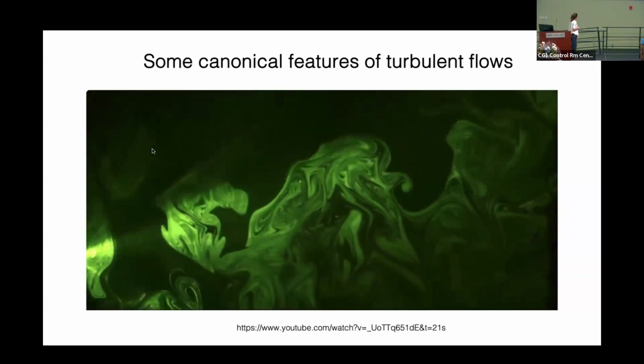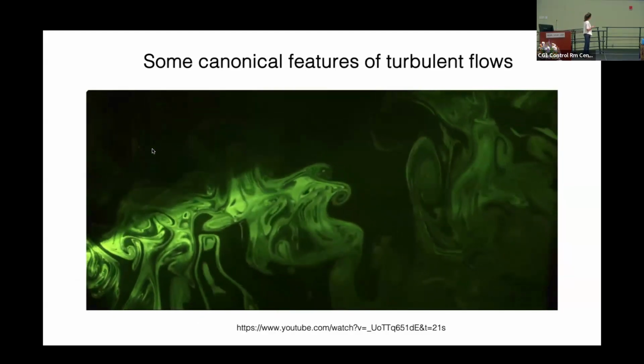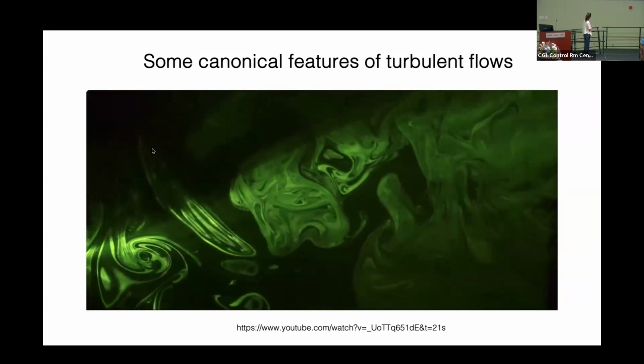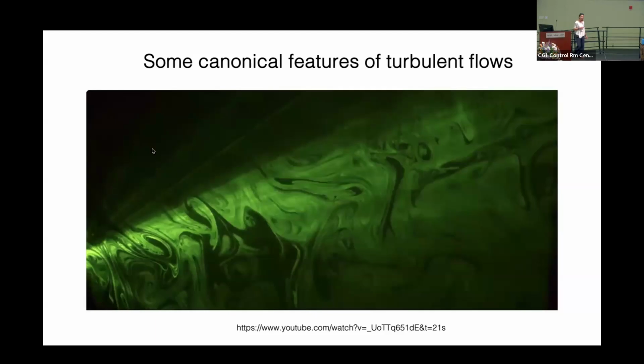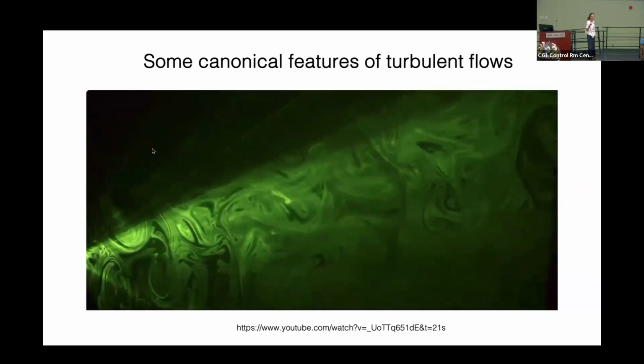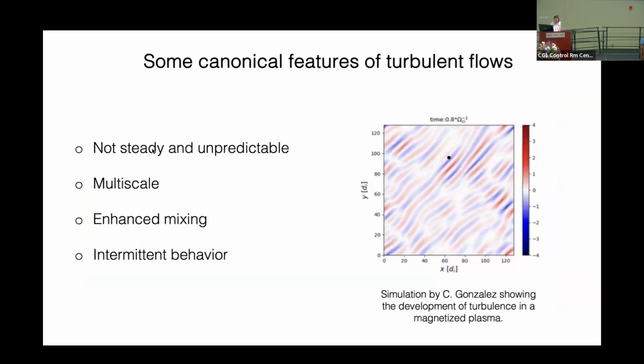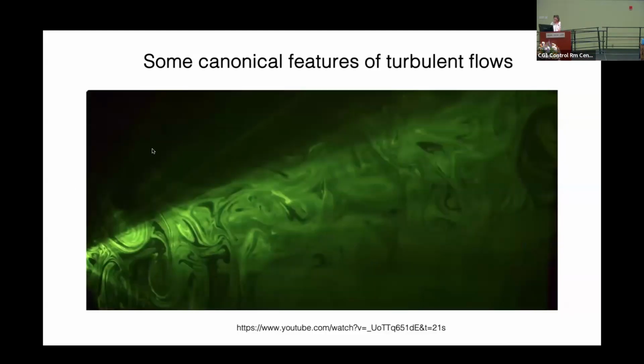So I found this cool video on YouTube, which shows, where's my phone? Okay, which shows turbulence in the air. The way it is visualized is by shining a green laser light through a glass rod on smoky air. The glass rod diffracts the laser light, and the smoke diffuses the light so that you can actually see, okay? And believe it or not, there is not really a, come on, play.